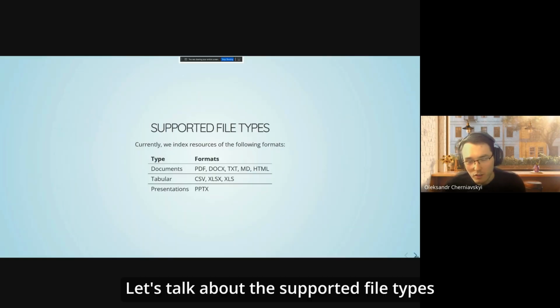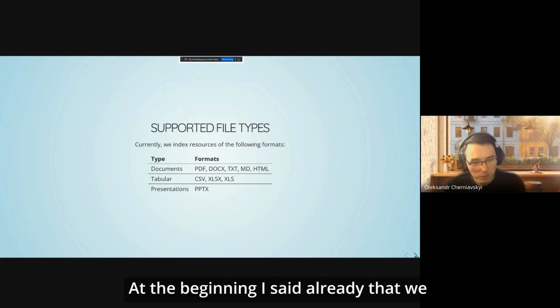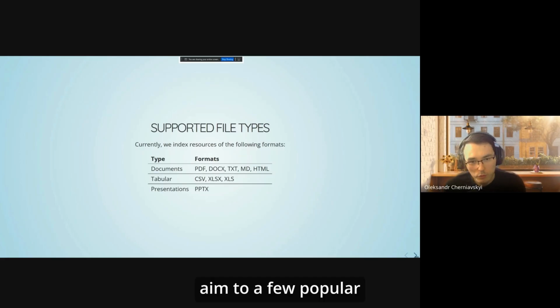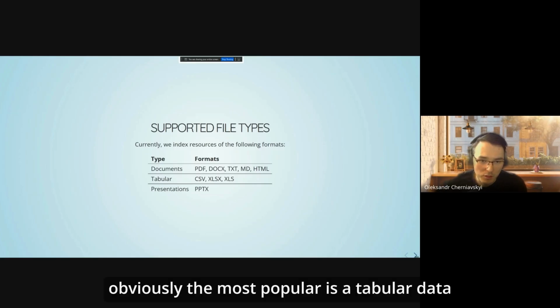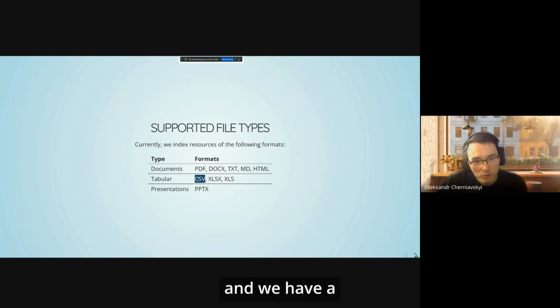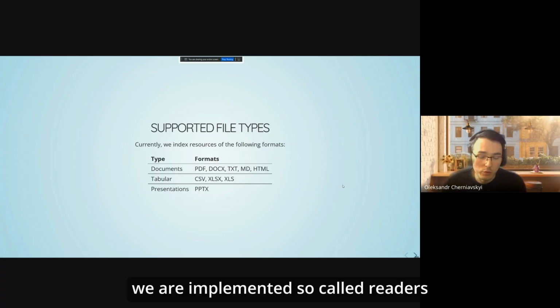technologies. Let's talk about the supported file types. At the beginning, I said that we aim at a few popular resource types that we have on different portals. Obviously, the most popular is tabular data, and we implemented so-called readers.